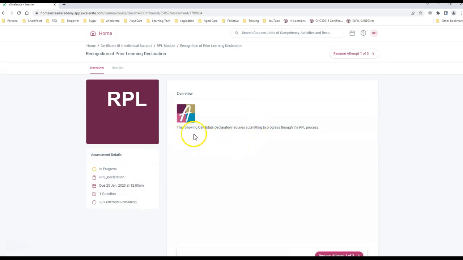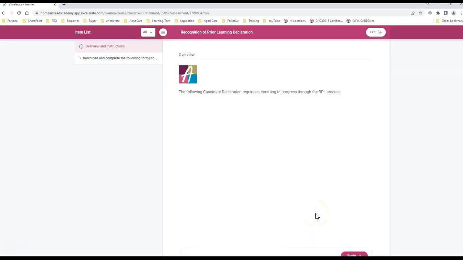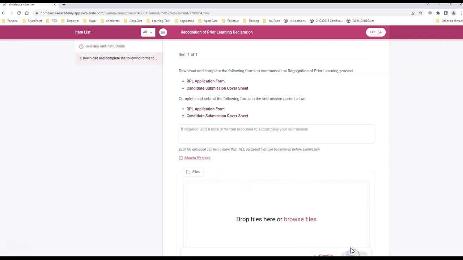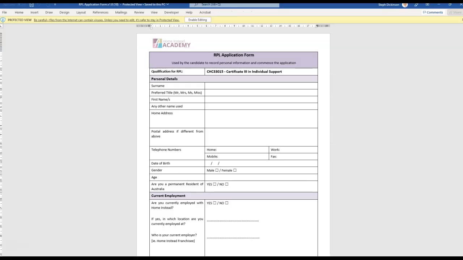Now when we go in here we've just got a little bit of information, so it's telling us the following candidate declaration requires submitting to progress through the RPL process. Now I'm going to resume where our student was previously and we can begin the process. Now this is saying here to download and complete the following forms to commence the recognition of prior learning process. So we've got our RPL application form, so let's click on this link here. And the form will come up at the bottom of your screen, a Word document, and then we can complete that documentation. So to complete this online, we can click Enable Editing,